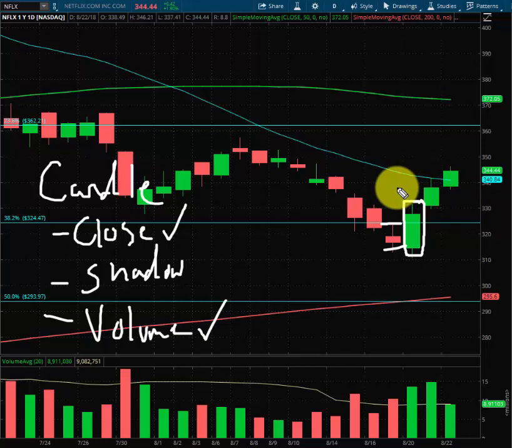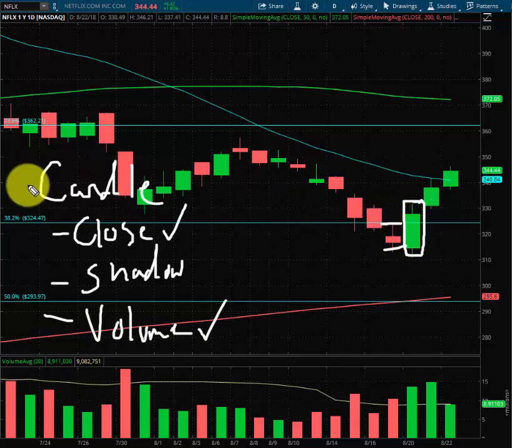It's a little more advanced, and again, that's why I'm saying that you need to be able to read fibs, moving averages, and trend lines. You need to be able to read the closing price, lower shadow, and volume, because if you only read one aspect of it, you're not going to be able to find all of these setups. You're going to be really limiting yourself. It's just like a basketball player who can only shoot three-pointers. Yeah, you might score here or there, but you're really not going to be reaching your full potential and maximizing your points. So in this case, to maximize points, we factored in the fact that this is a big reversal